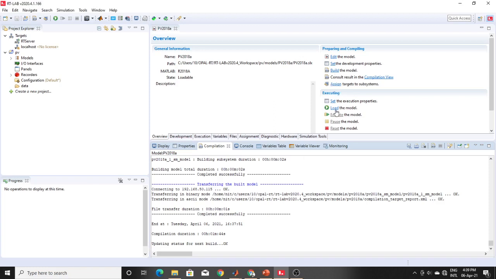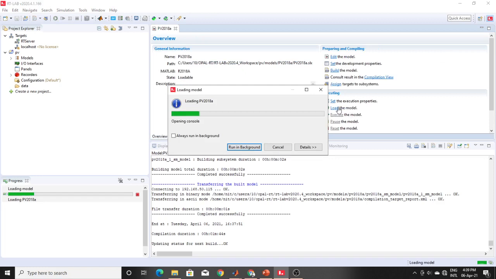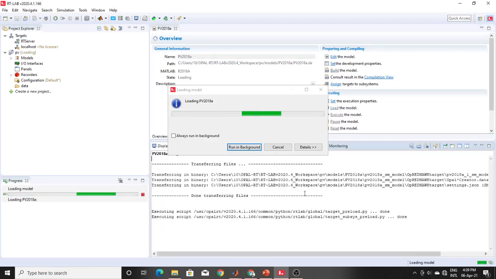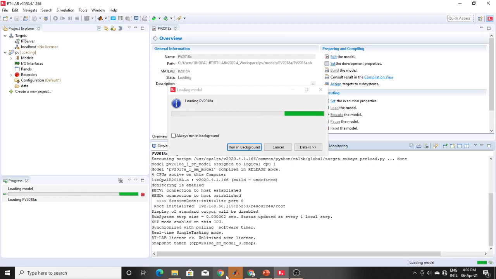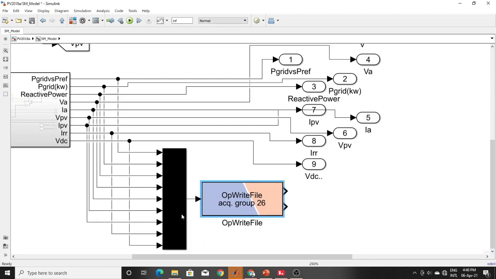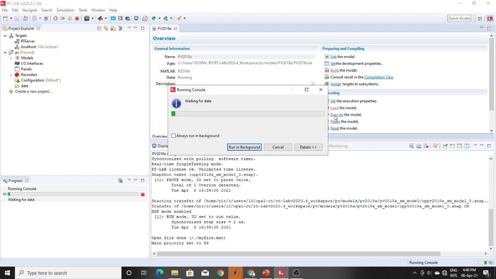So let's check that. Let's assign, everything is done already. So load the model. I'm showing you two things at a time: one is how to save this data, the best way being the OpWriteFile, and the other is that you may face an overrun problem, so let's execute that.